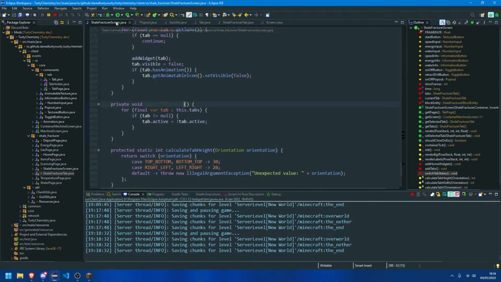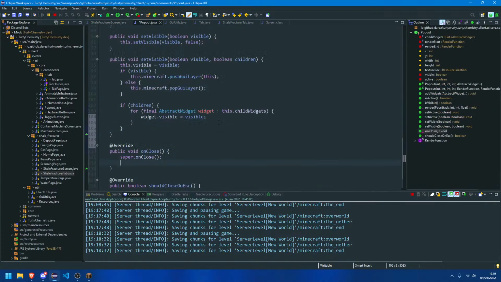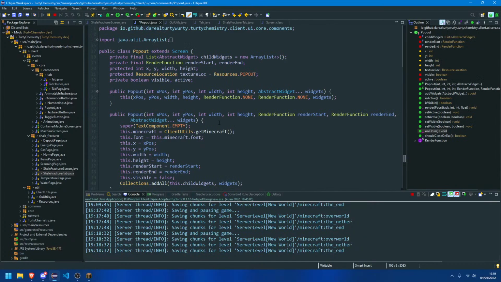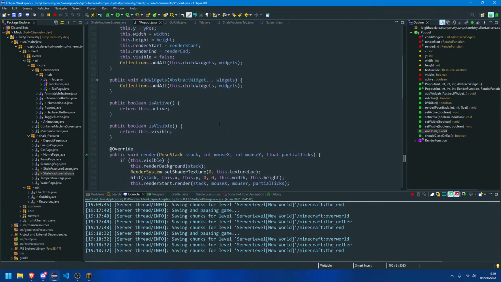But this method's in the Shale Fracturer screen. The pop-out doesn't have access to that. So I guess